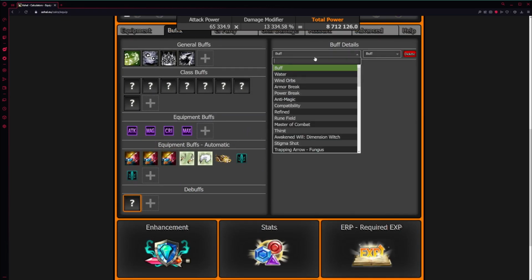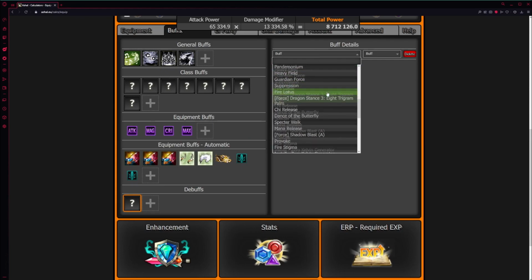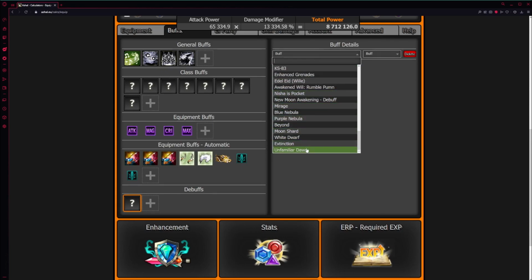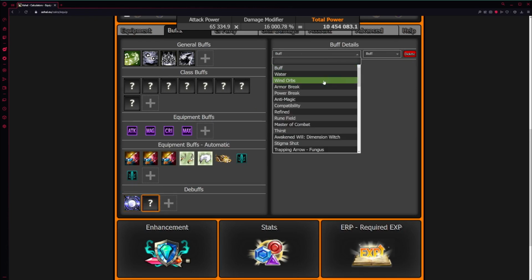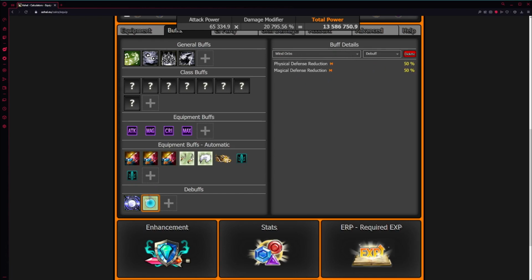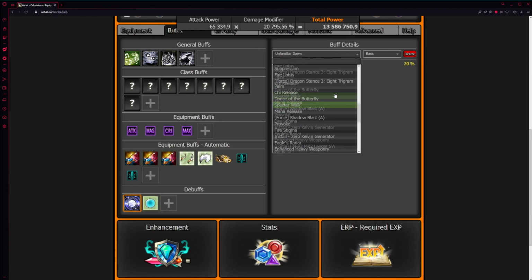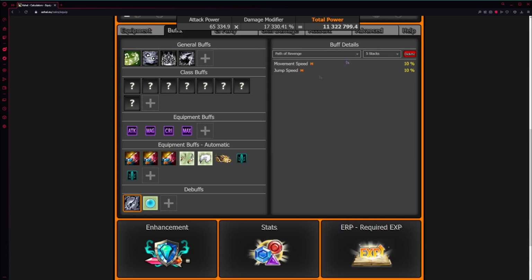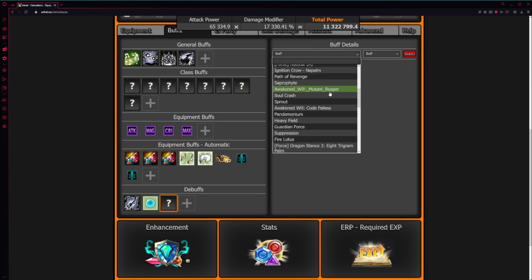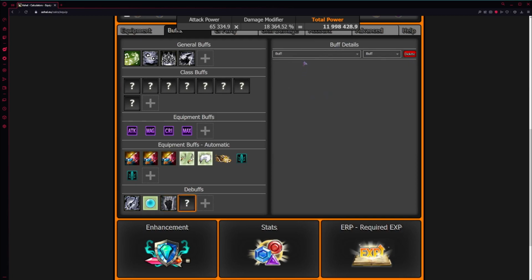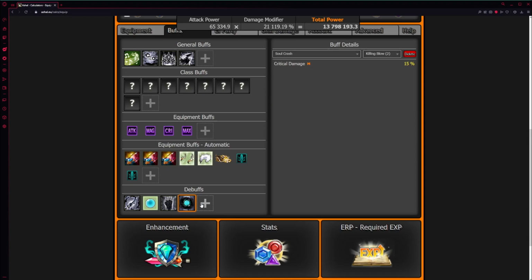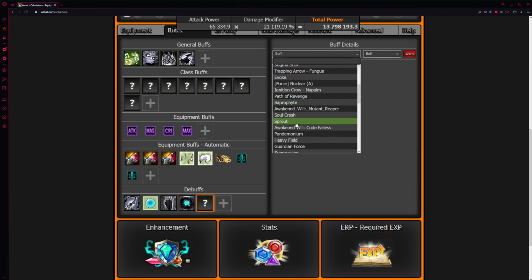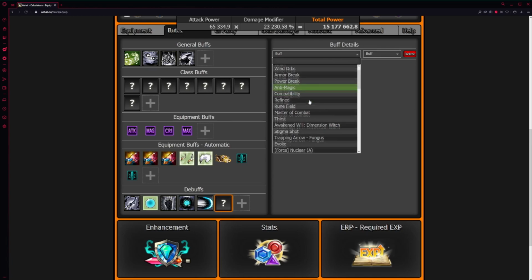And if you have, let's say, Complete Energy Conversion Device, you can also check with debuffs on. So any sort of enemy debuffs that can exist right now. Wind Orbs is a pretty important one to keep on. This is just a Nick skill that I added in. Yeah, let's see. So we have Path of Revenge from Revenant, so he has those in. Awakening Will Mutant Reaper is important because it's a big debuff. Excuse me. Soul Crash, also big debuff, and then Sprout I saw already. Yeah, so he has pretty much everything listed here.